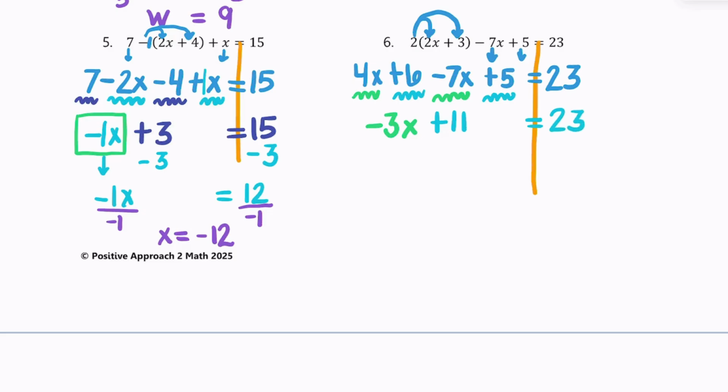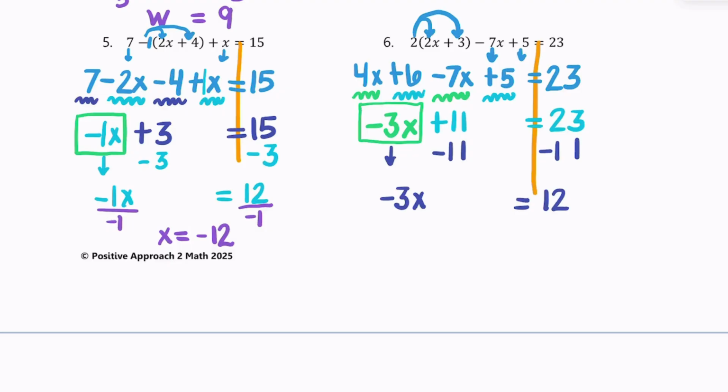Now I put that negative 3x in a box, and now I'm going to move over that plus 11. So to get rid of it, to move it to the opposite side, I do the opposite operation, which is minus 11. And to keep it balanced, we have to do it on both sides. So I'm going to have negative 3x on the left equals